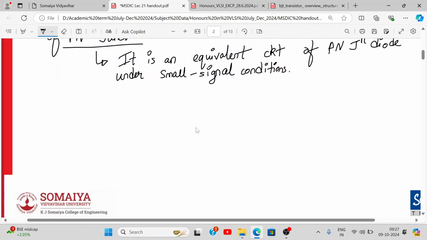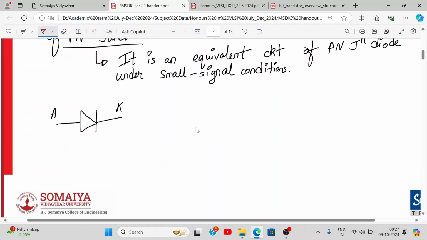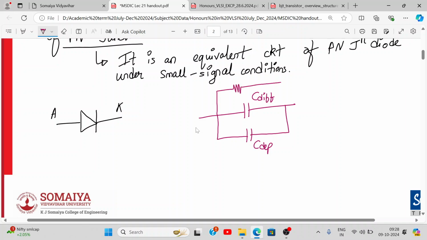All right. So equivalent to this PN junction, this is the symbol of a PN junction. This is anode and cathode. This is represented by, first of all, diffusion capacitance, which is active in the forward bias region. Then we have depletion capacitance, which is associated with reverse bias PN junction, C dep. Then we have diffusion resistance, which I will talk about today. And then we have series resistance,